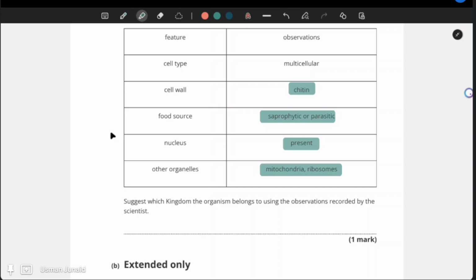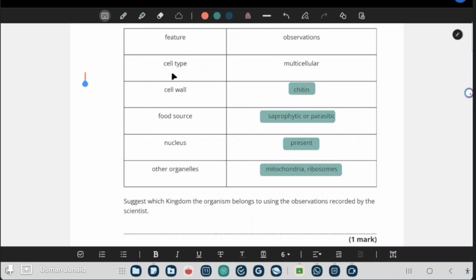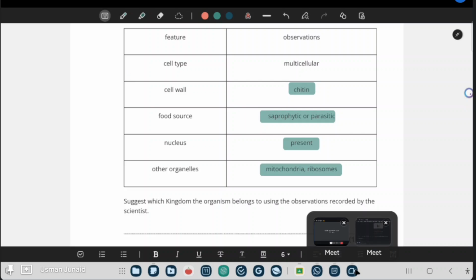Okay. So the first thing is multicellular. You are hearing this, right? So when we're talking about multicellular, if we're talking about multicellular, there are only three available, right? So either it's plants,